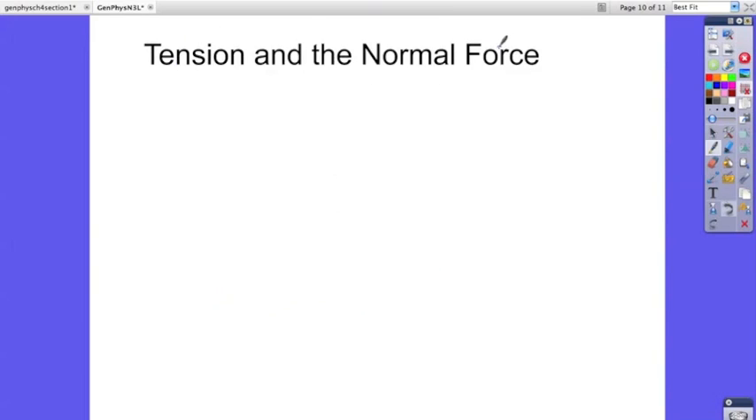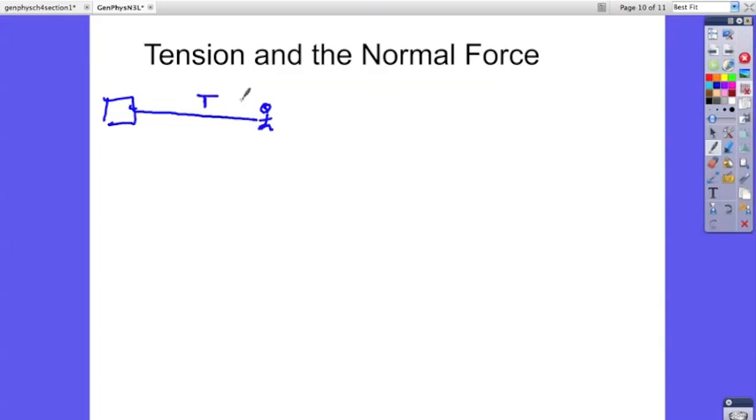Tension and normal force are both reaction forces. Tension is a force in a string or a cord. If you have a box that's tied to a string, until you start pulling on this end, there's no tension. But as soon as you start pulling on that end, so erase the droopy string and make a tight string, when you start pulling on it, there is now tension